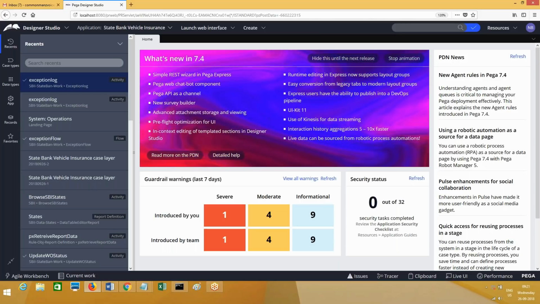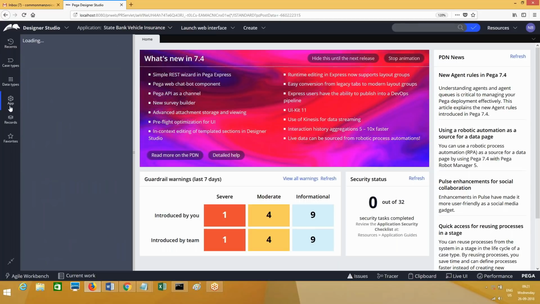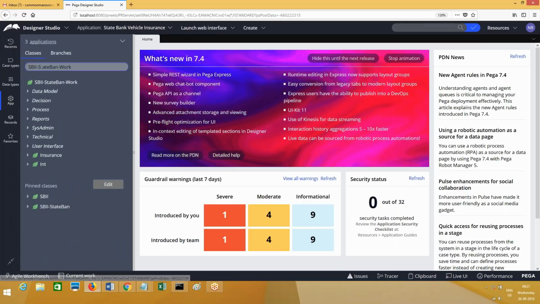This is the activity level where we're going to perform the logging. Is this clear, everyone? Now coming to connector rules: how to perform exception handling in connector rules. We have connector rules, right? Created.